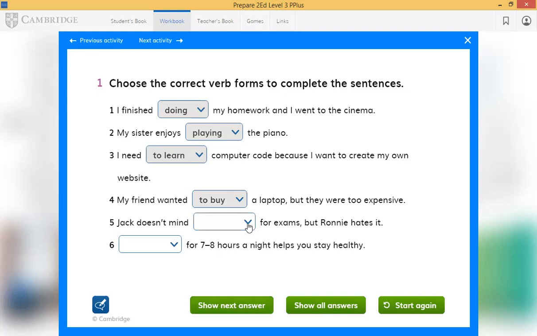Okay, hurry up with the number 5. Jack doesn't mind studying or study for exams, but Ronnie hates it. Studying, excellent. Okay, guys, si se corta, nos vemos en 10 minutos, okay? Sleeping or to sleep for 7 to 8 hours at night helps